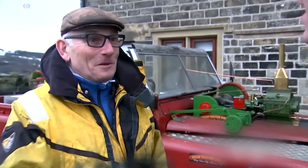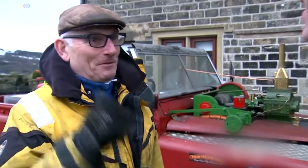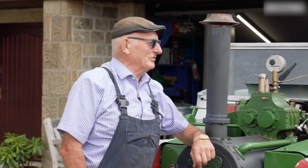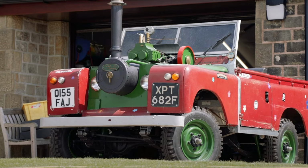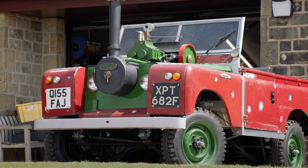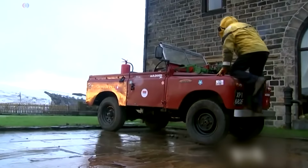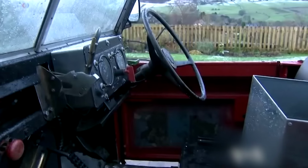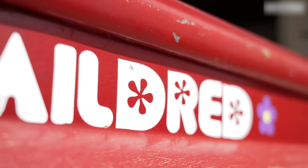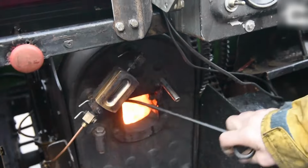67-year-old engineer Frank Rothwell was looking for a project to keep him out of the pub. He said, "We all need a hobby, and I like doing things that are difficult." So he removed the 2.25-litre petrol engine out of a Series 2A, and he fitted it with an even slower, even noisier powertrain. The Land Rover, called Mildred due to the amount of mildew that covered it when it was rescued,